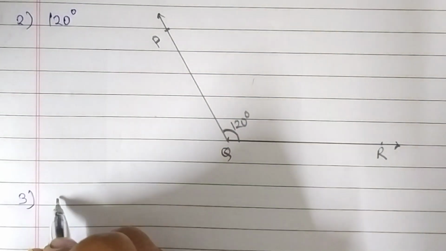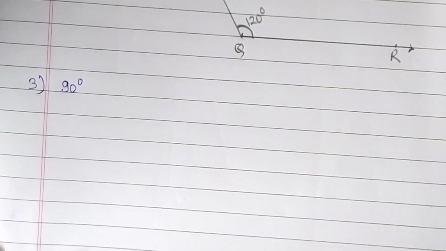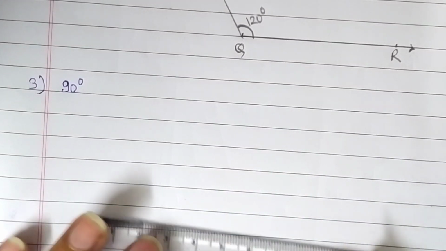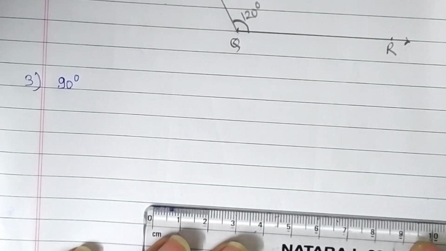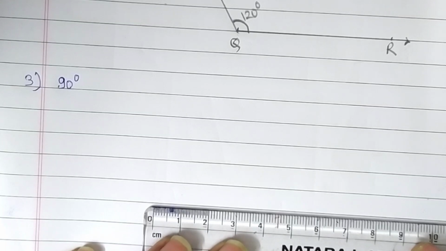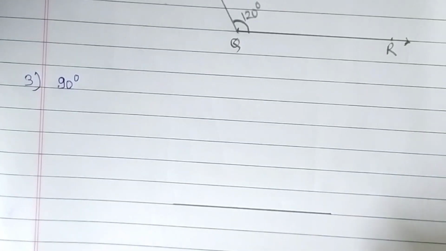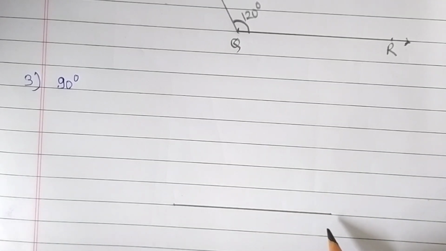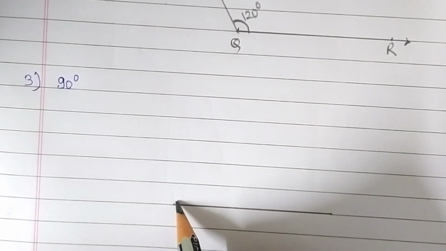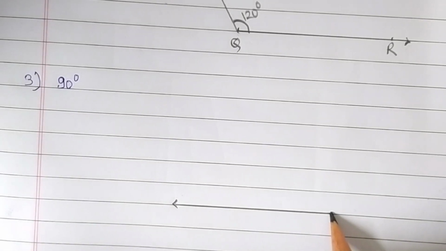Now the third question is 90 degree. Let's draw an arm here. Leave 4 or 5 lines on the upper side. Here I am going to show you from another side how to draw an angle. Now I am going to decide the vertex at the right hand side, and for it I mark here an arrow. Now this is our vertex. Give it a name.